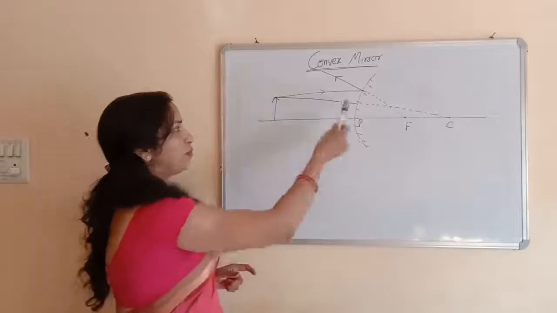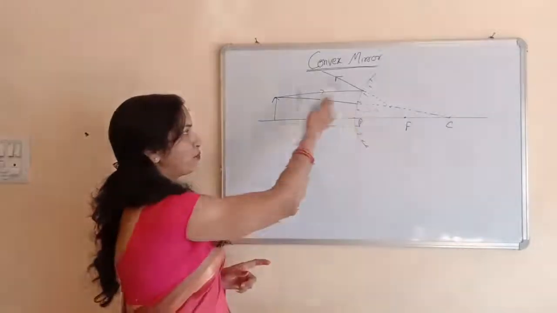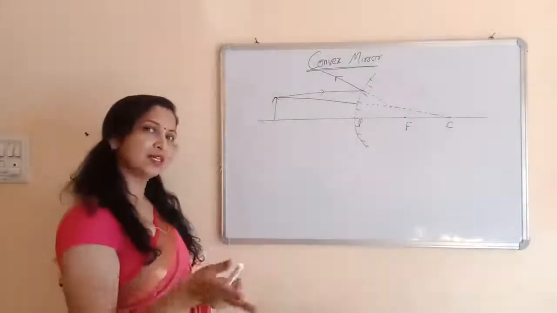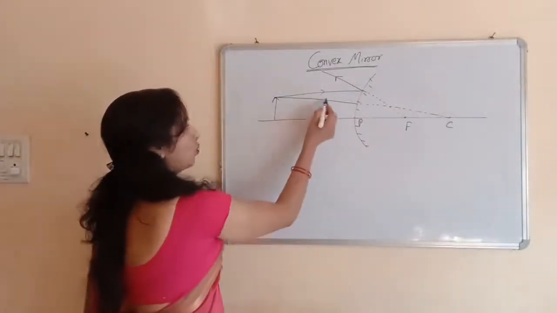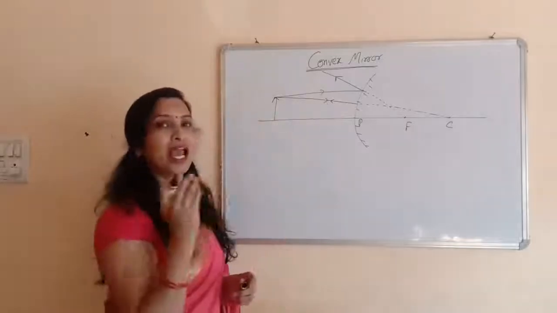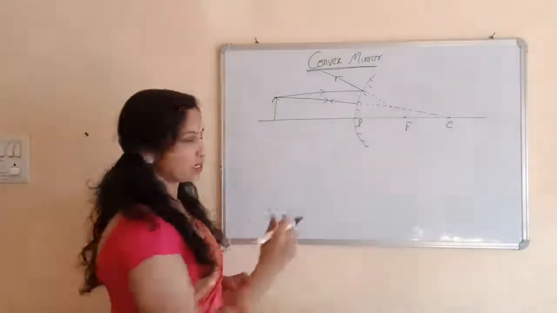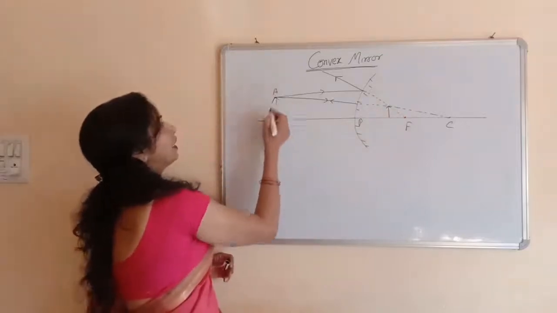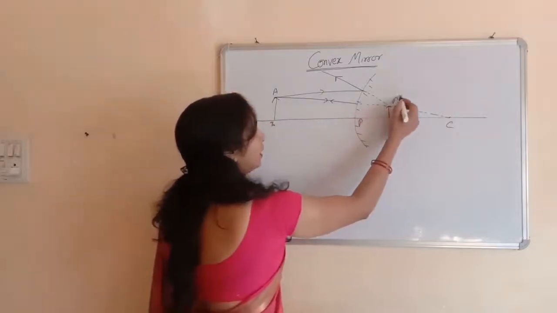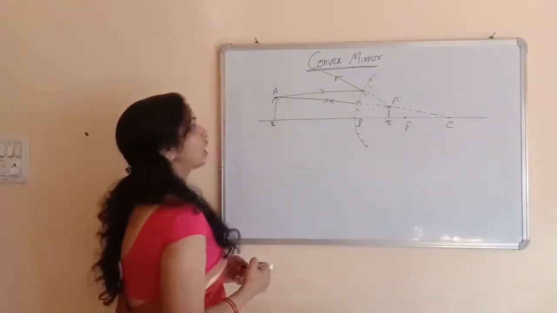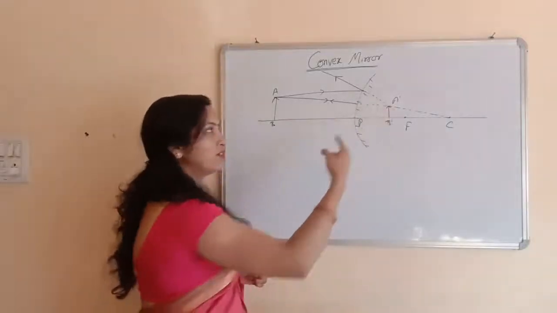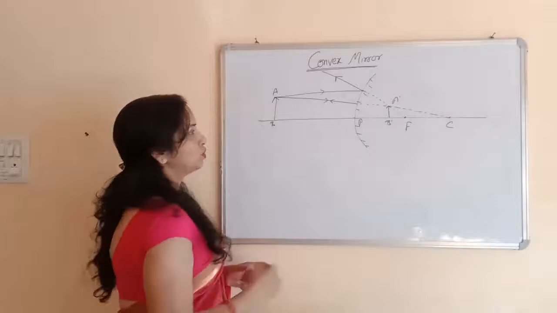So the ray which is coming parallel to the principal axis appears to diverge from the principal focus. And the second one, which is coming towards the center of curvature, passes along its own path. So it's important to mention the arrows here. Where the light rays meet, these light rays are meeting at this point. So this is the image. If you are presenting the object as A, B, then it will be A dash, B dash. Since you start from the top of the object, where the light ray will meet will be the top of the image. So this is the image.